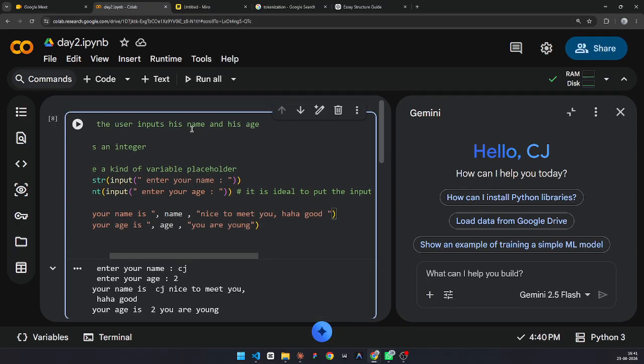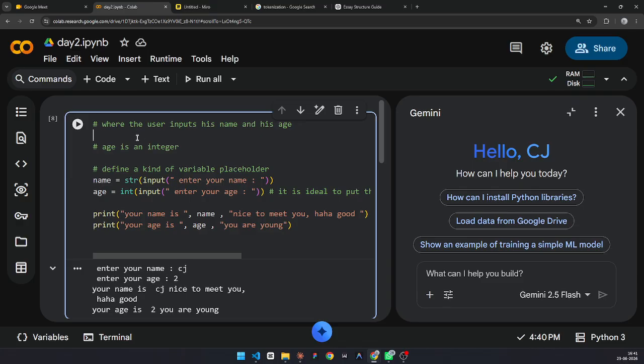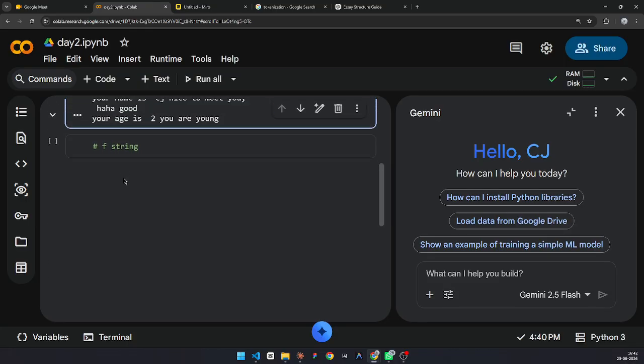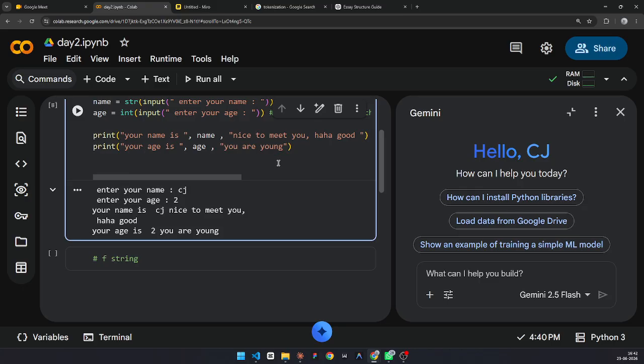Whenever I'm using this kind of hashtag, hashtag means comment. That means whatever you type after the hashtag will not be executed by Python at all. In certain programs you need to explain some steps, like hashtag print the values. Whenever you use the hashtag symbol, the text after it won't be read, because the Python language does not interpret what is written after the hashtag as code. It just ignores it.